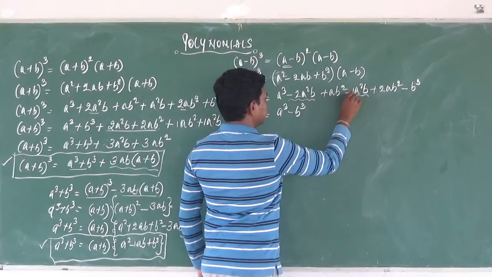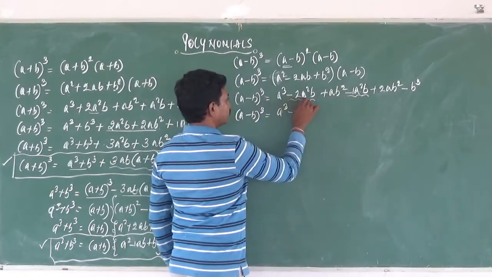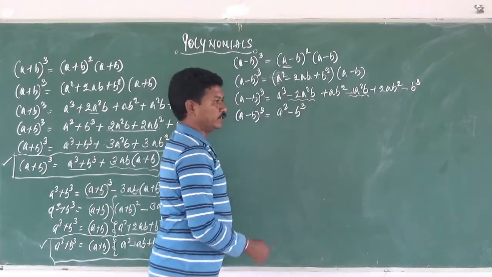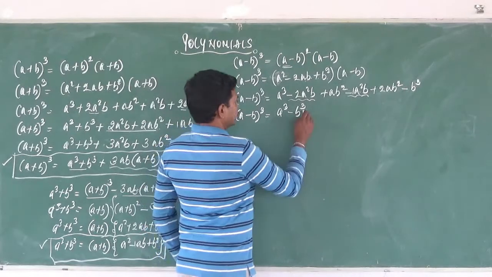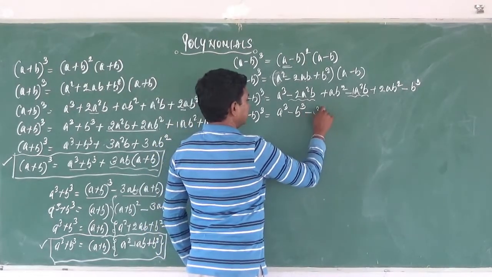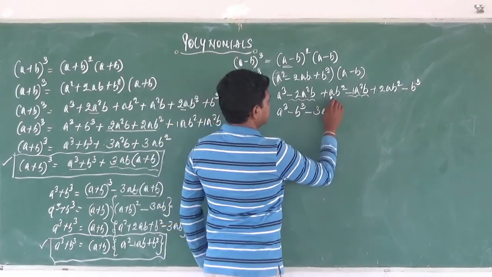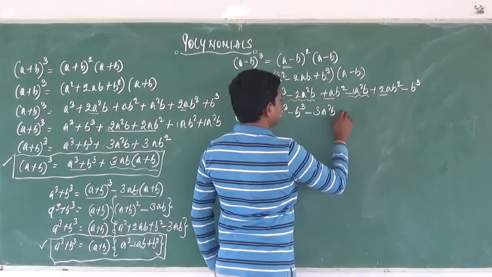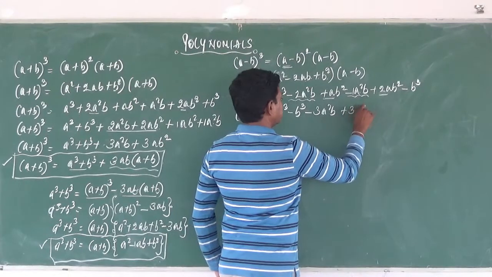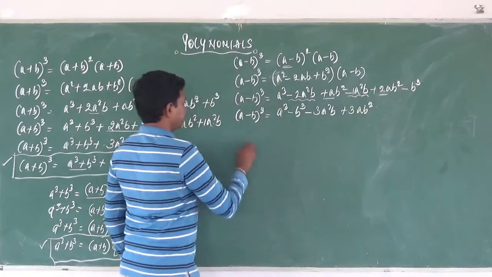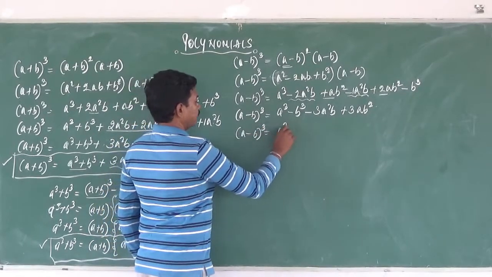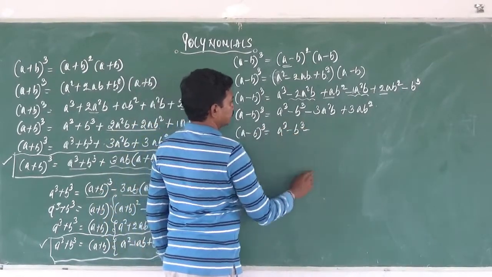So this is minus 1a square b, it is minus 2a square b. So when the signs are same, we have to add the coefficients and write the negative sign. So that becomes minus 3a square b, and this is plus ab square plus 2ab square, that becomes plus 3ab square. Okay. So a minus b whole cube is equal to a cube minus b cube minus,